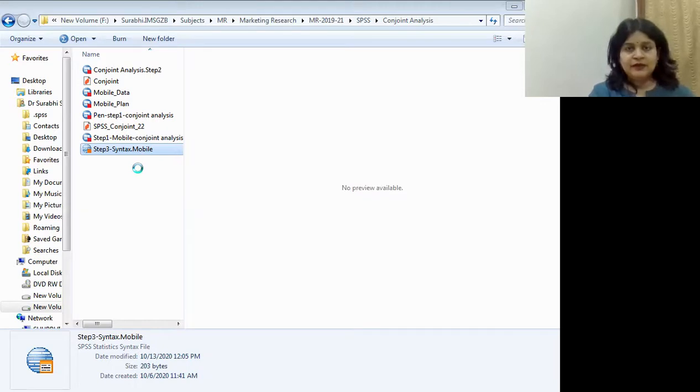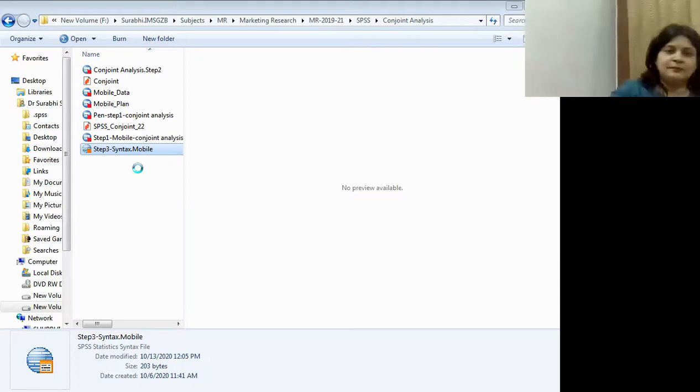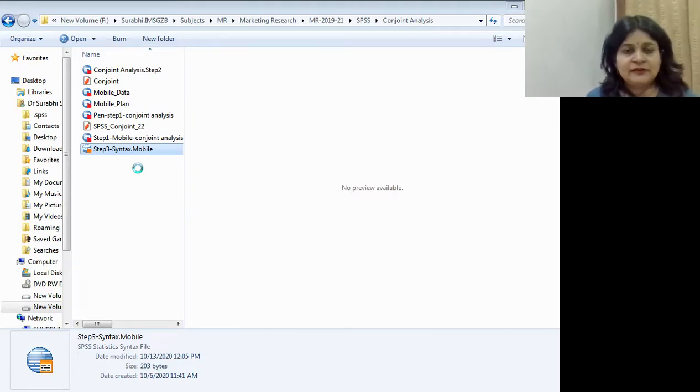So what we'll be doing, we'll try to develop the conjoint plan. Conjoint plan is equal to, since I've saved my mobile plan in the E drive, I'm just giving you the path in this particular function. So conjoint plan, and then is equal to, the path is E colon slash, then mobile underscore plan dot sav. Then data is a function in the conjoint syntax. Score is a function because we want to just get the score. And then subject is ID.